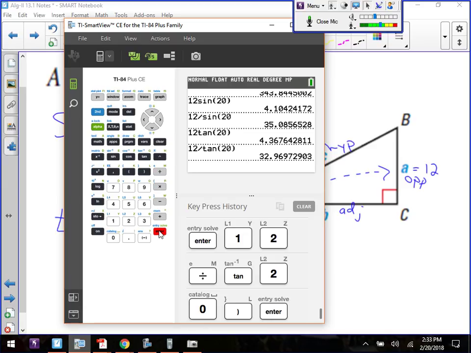Do you remember the buttons that you have to press when you have to find an angle? The -1, you know what that stands for? The inverse. You find the inverse. The inverse is how you undo a trig function. How do you undo sine? You inverse sine to both sides. How do you undo tangent? You inverse tangent to both sides. For example,